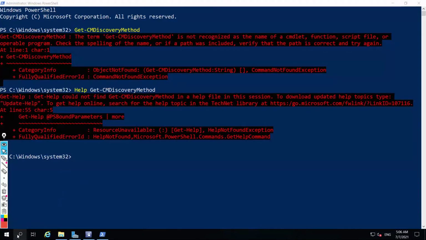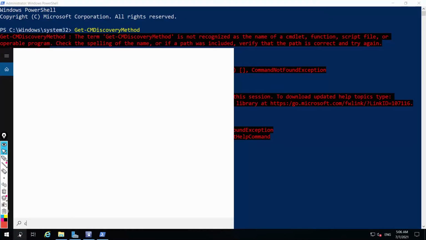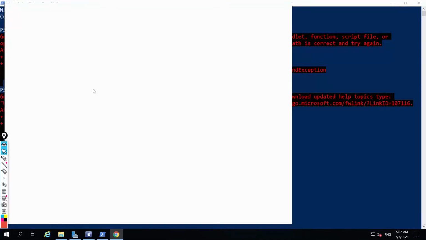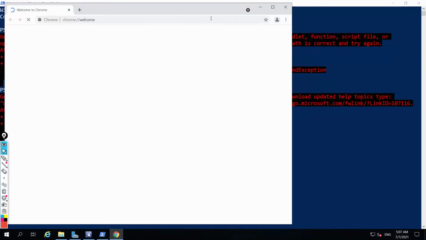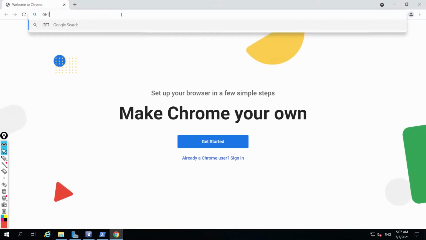So what I'll do, I'm having the search option, Chrome. I'll type here Get-CMDiscovery.